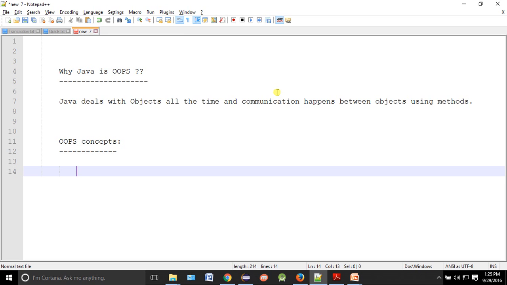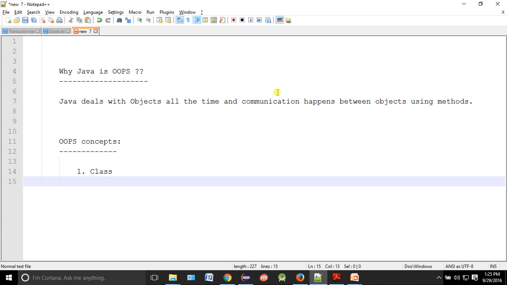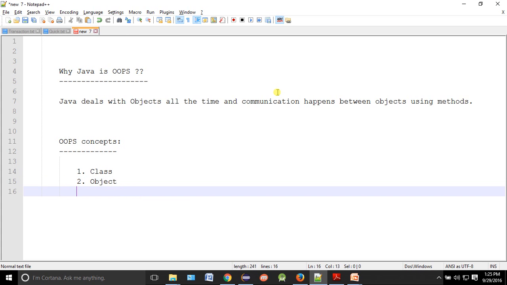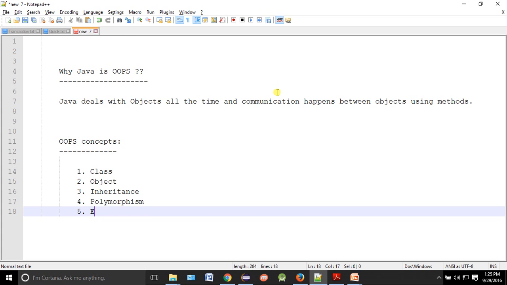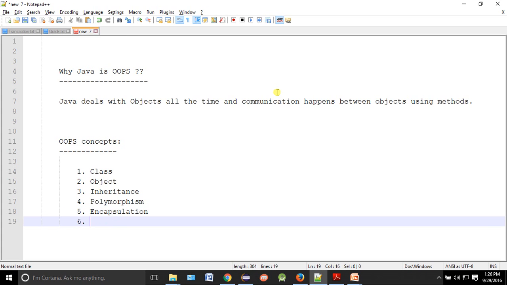So what are those concepts? Tell me one by one. Class, then object, then inheritance, polymorphism, then encapsulation, and the last one, abstraction.